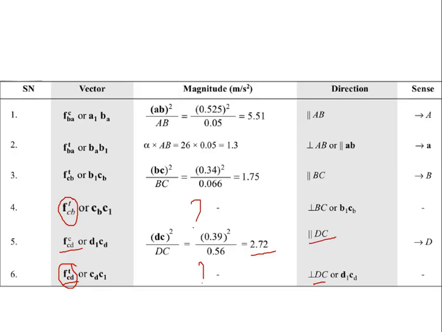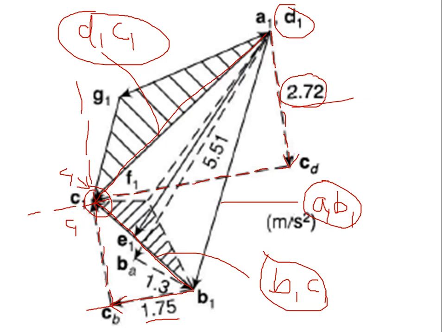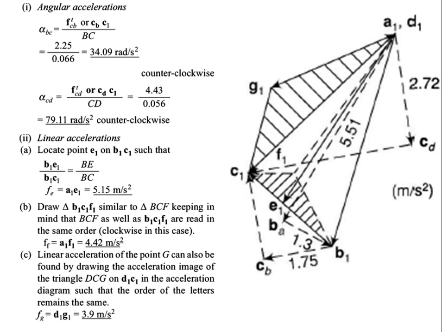Okay, so how to get this? Now you got the value now. So you have taken the dimensions of this FTCB and FTCD. Okay, so now let us calculate. So the angular acceleration alpha BC can be now calculated, that is nothing but FTCB, or nothing but it is CBC1. We measure this value in the scale. How much are you getting for CBC1? Just check it out.